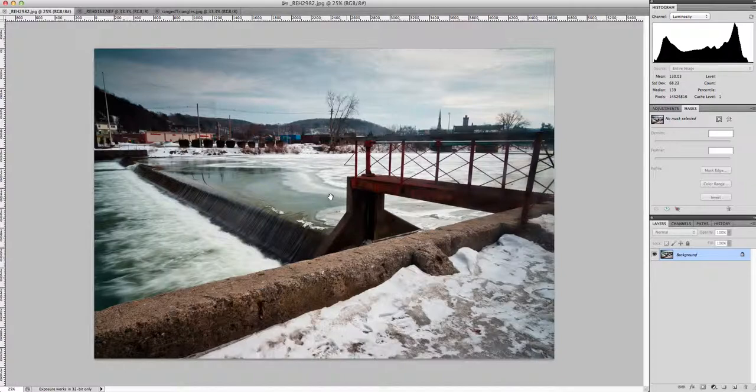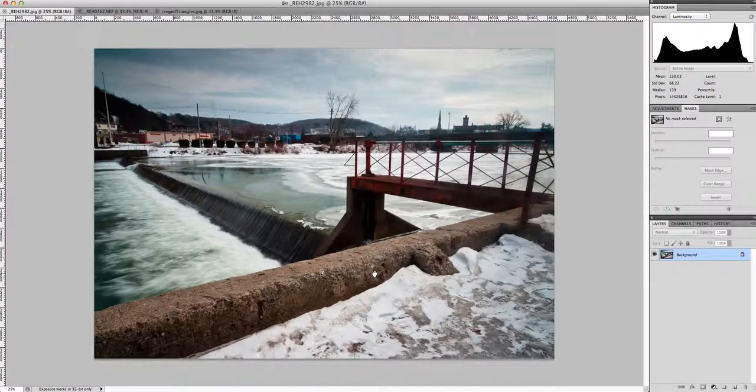If we just mouse around the scene, we can see that underneath this little bridge here there's some darker values. Obviously with the sky in the shot there's some brighter values which are going to be in our highlight region, and then we have areas of color that fall in between that, which we would call midtones. So all across the scene you have these values all over the image.